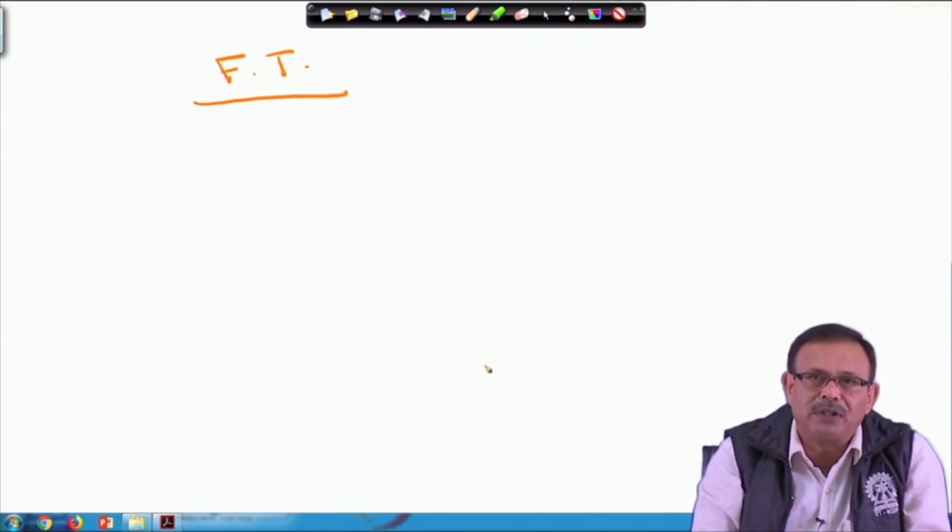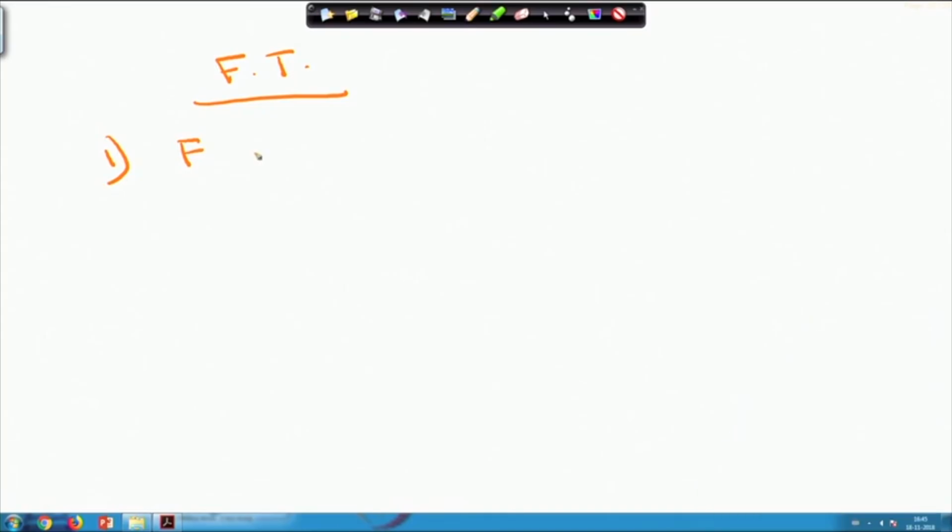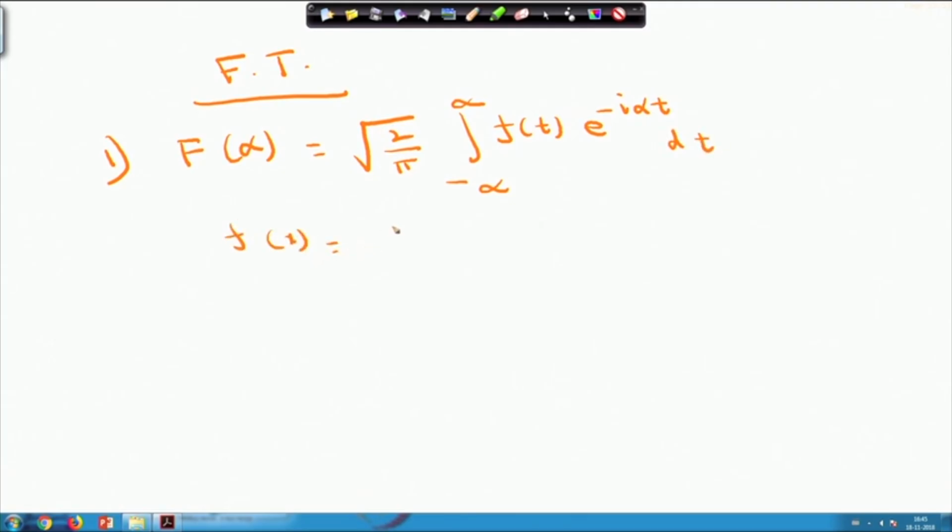In this case the function f(x) is defined from minus infinity to infinity, and the Fourier transform we define as F of alpha equals, sorry, this will be 1 by root over twice pi, integral from minus infinity to infinity of f(t) into e to the power minus i alpha t dt, whereas f(x) will be 1 by root over 2 pi, integral from minus infinity to infinity of capital F of alpha into e to the power i alpha x